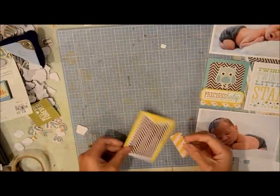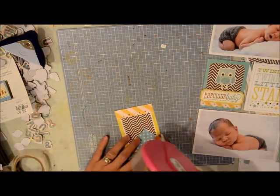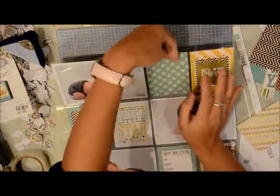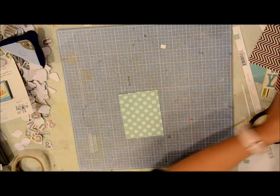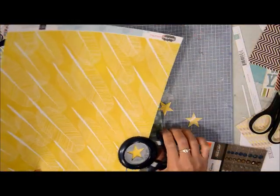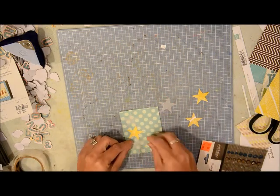I actually really have enjoyed making this page and working with the pocket scrapbooking side of it. I think the main thing that I did is try to do them a little bit at a time so that I don't get overwhelmed with all of the things that I need to fill. So here I am